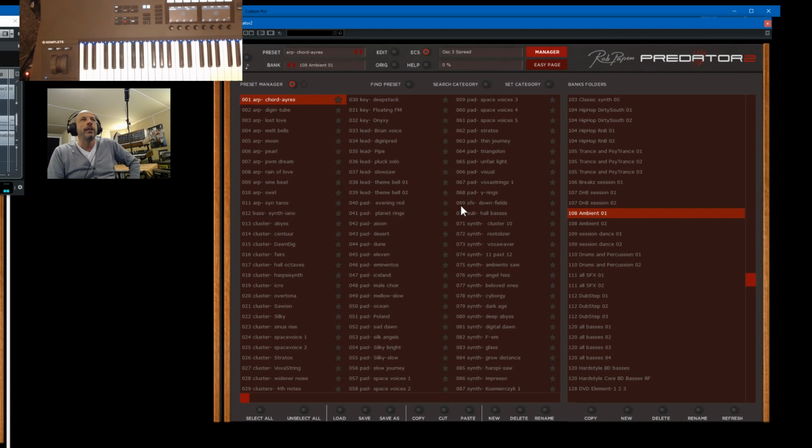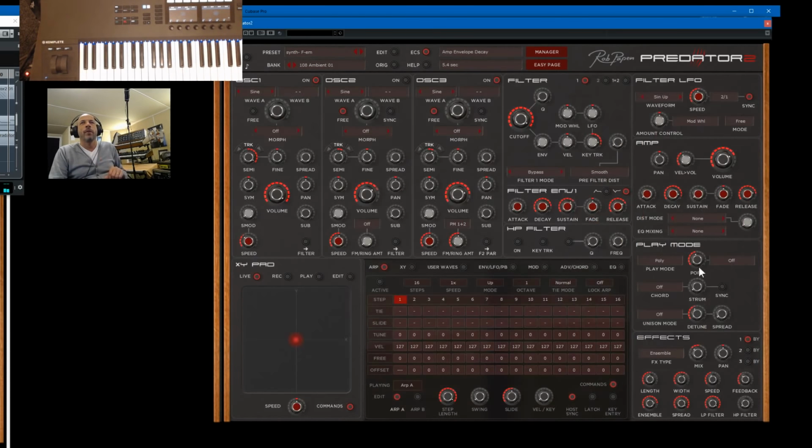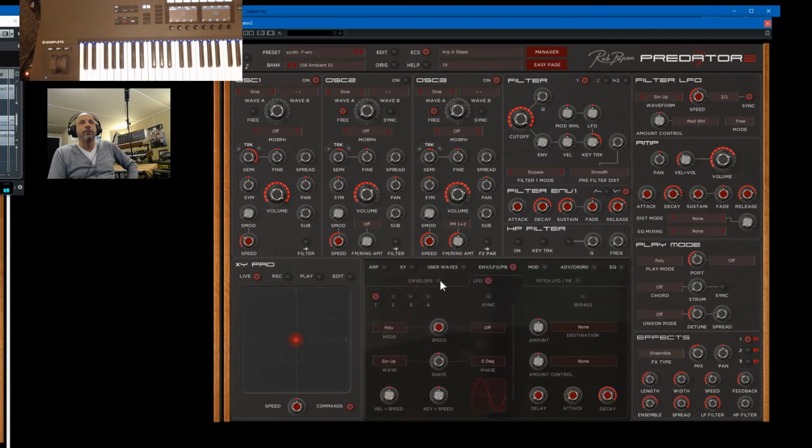Synth, let's see. This one. Okay, shut down the FX, and this is FM synthesis. With FM synthesis, you need envelope control. If we go here, envelopes,